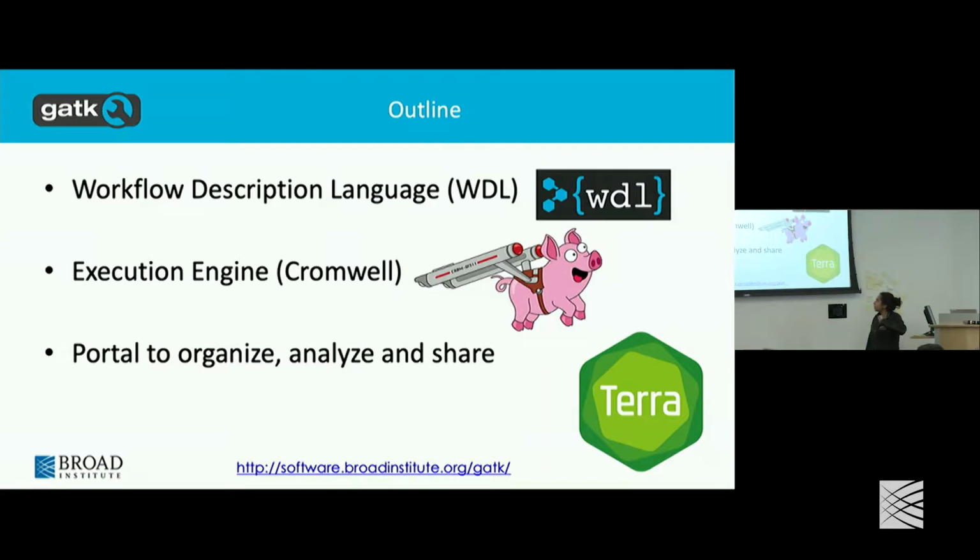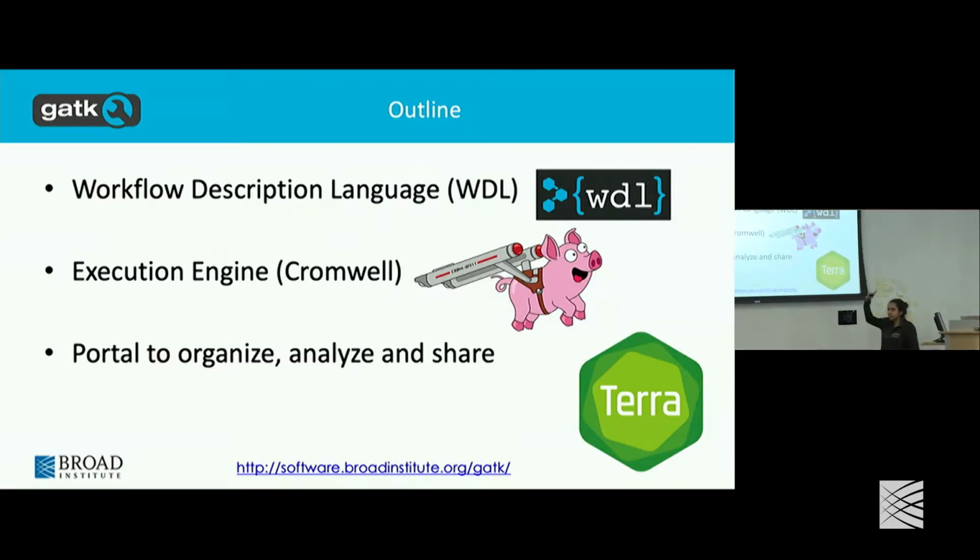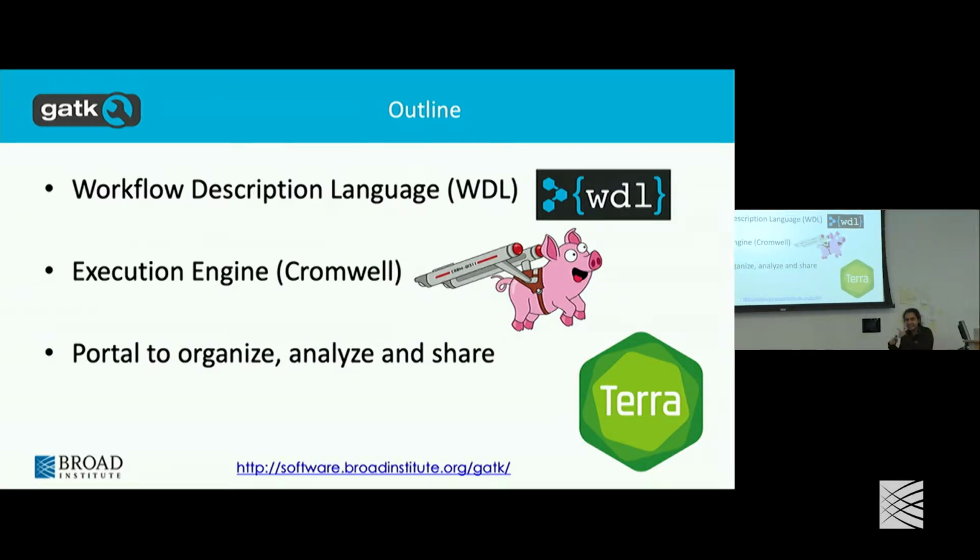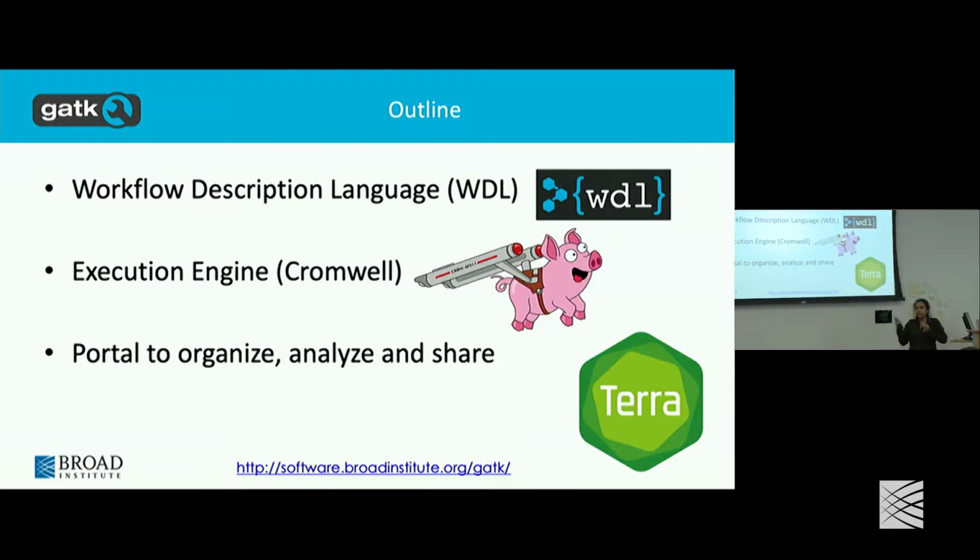So how many of you have heard of WDL, Whittle, before, the workflow description language? Okay, great. That helps me understand how detailed I should go into this. A lot of the GATK pipelines that Megan referenced earlier in the GitHub repo are all written in Whittle. It's essentially a DSL to write scientific workflows. It can be written agnostically as well. It doesn't just have to be scientific workflows, but it's a way to run an automated pipeline of